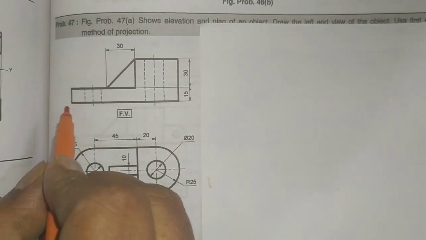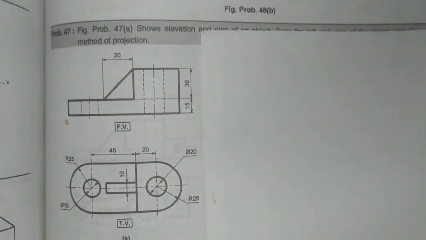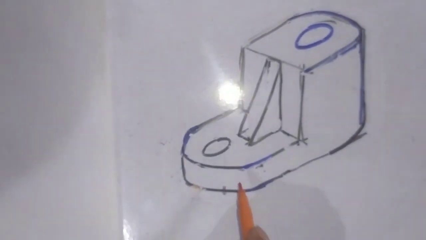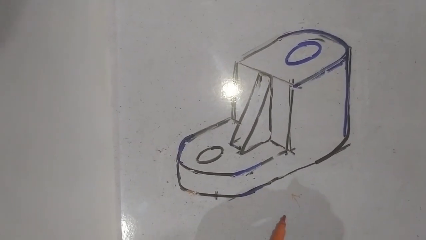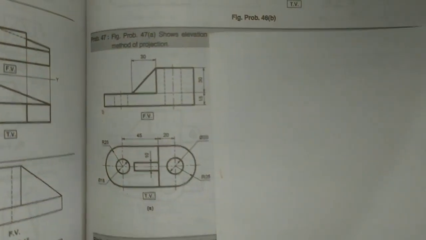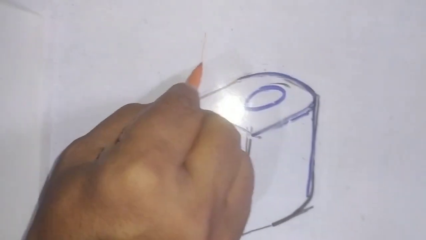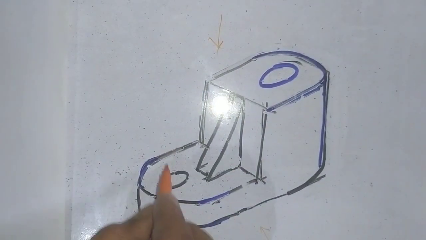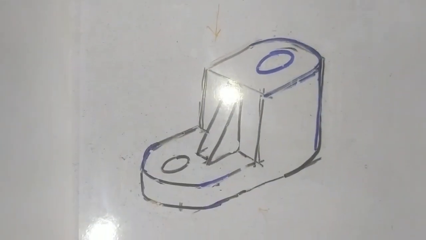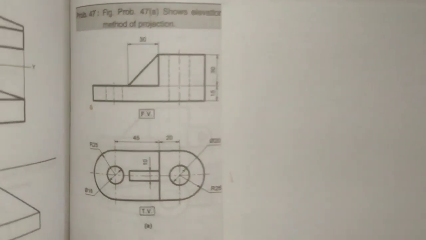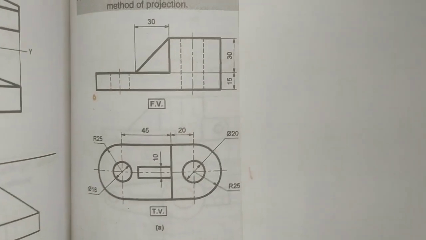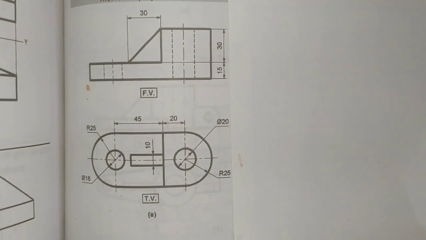Now, if I take an O position here and draw, I have drawn the three-dimensional view. That is in the front view. If we draw it here, it will look in this fashion. If you draw the top view here and look at the top view, this is the three-dimensional figure of this orthographic projection. Now we have to draw the side view of the object.